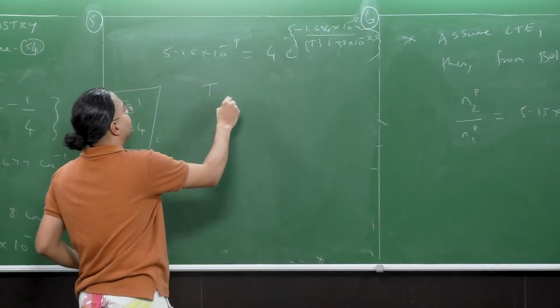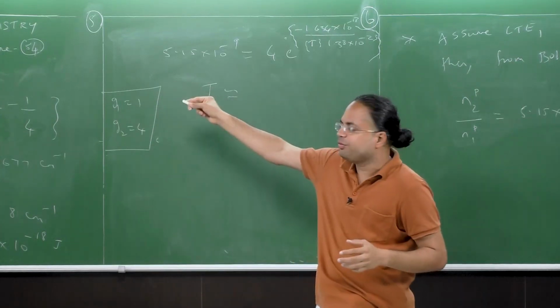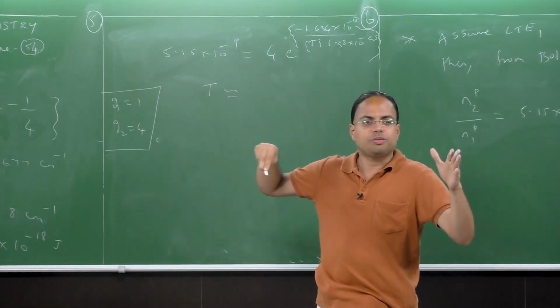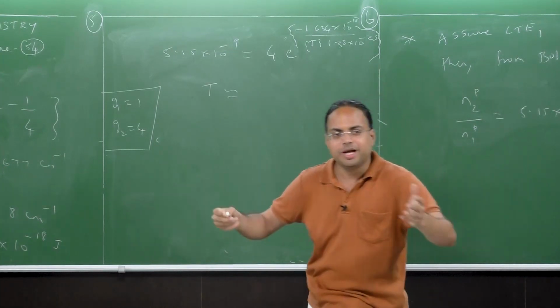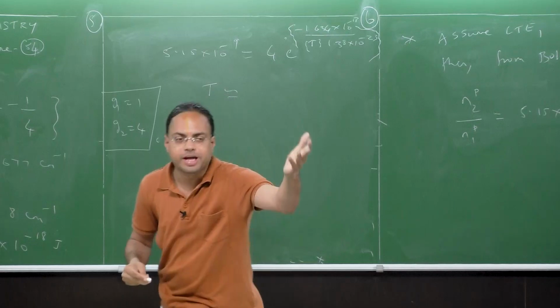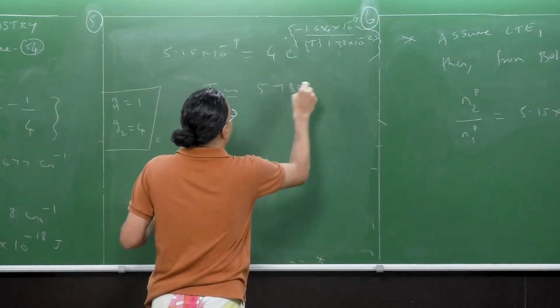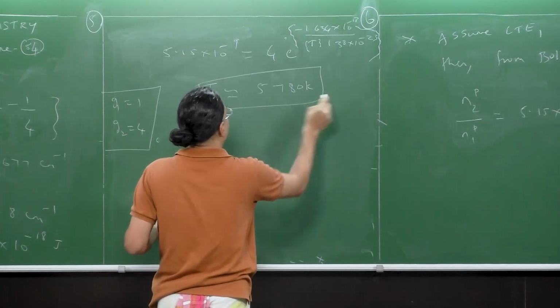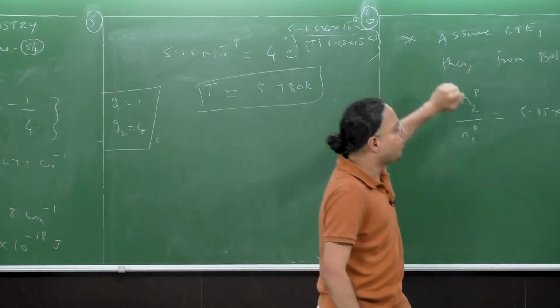To evaluate the temperature, but what should you expect? We've had close to 50 lectures of astrochemistry. What is approximately the temperature of the sun that you should be getting? The answer you should be getting should be close to 6000 Kelvin, so this should be around 5780 Kelvin. All right, so what is the bottom line? The bottom line is that from the Balmer line,